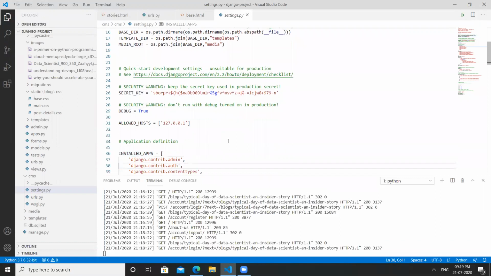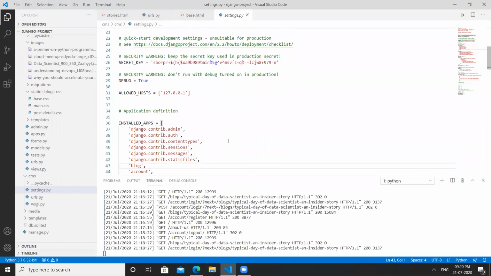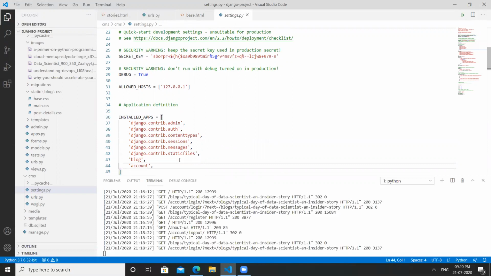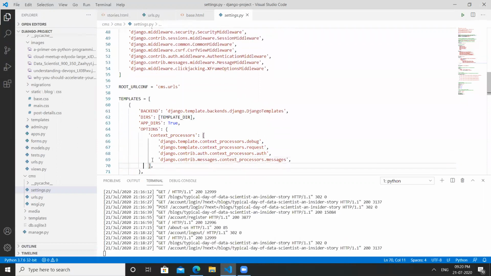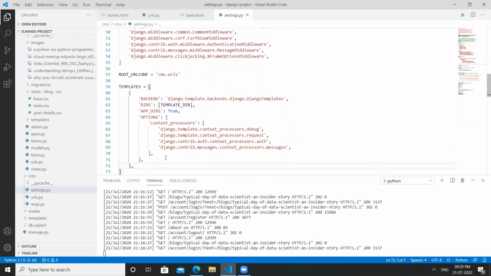About the apps, we must intimate the project, so we have mentioned the two apps, one is blog and one is account. This is a template which is already stored in settings.